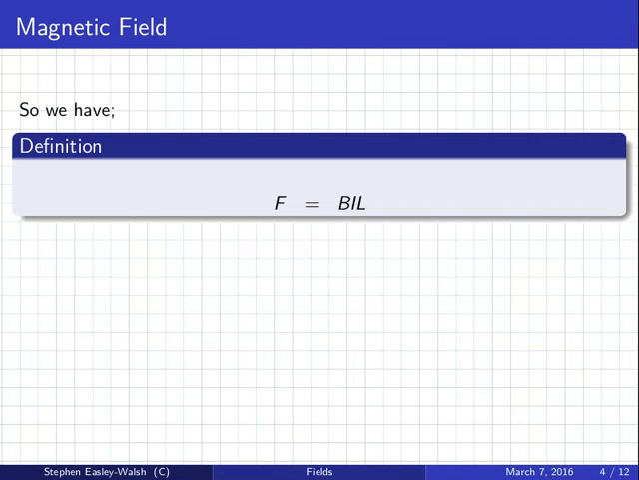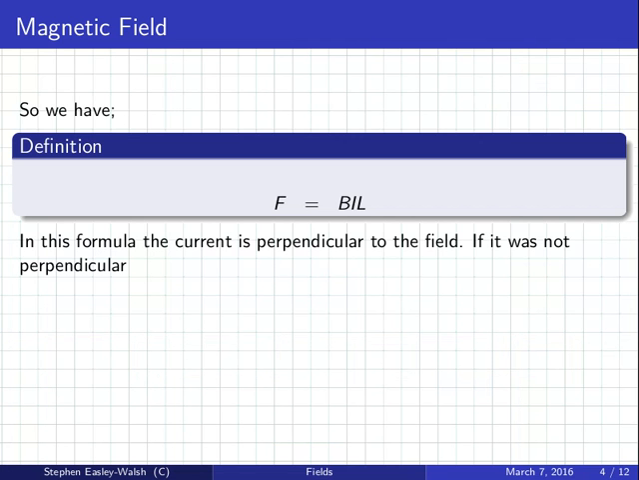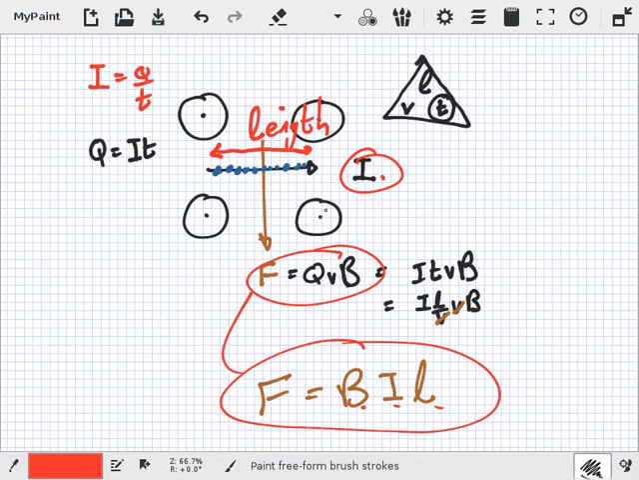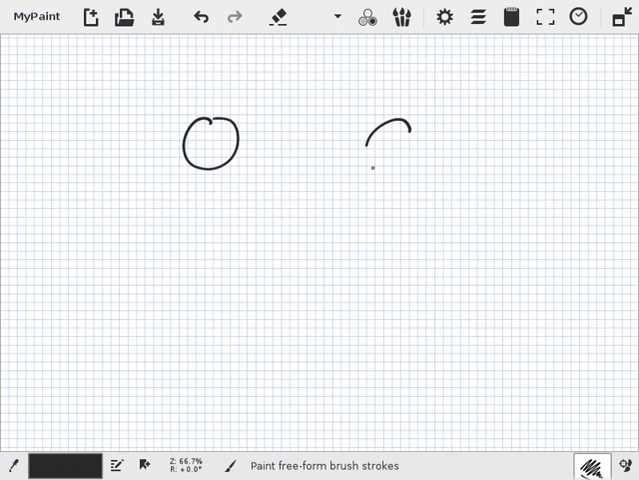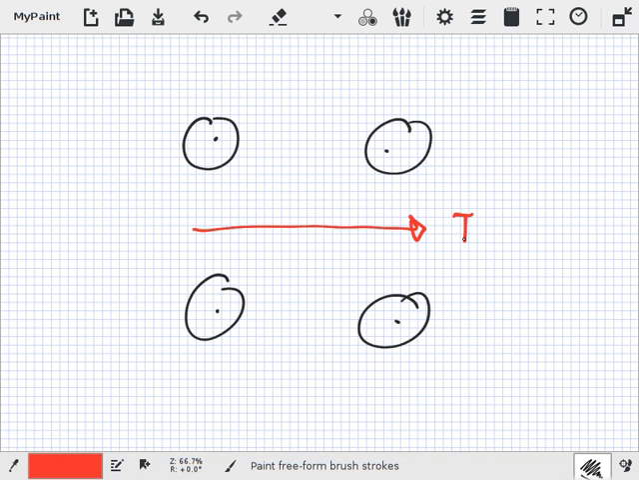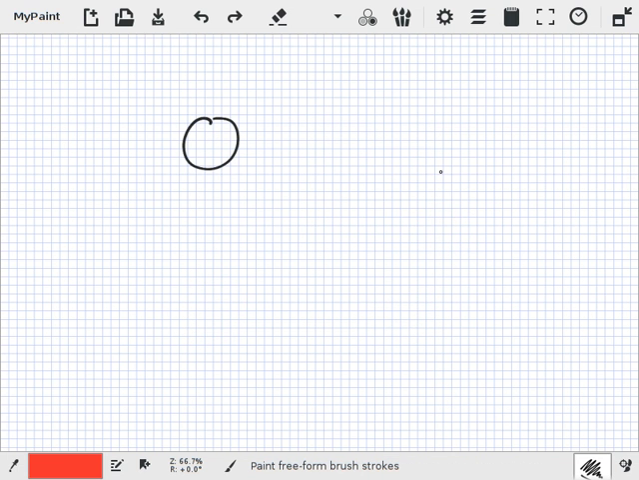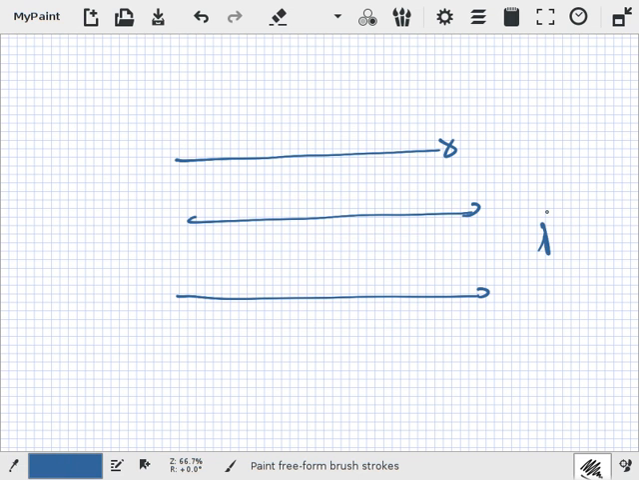So we have the formula built. Nice. In this formula, the current is perpendicular to the field. What if it was not perpendicular, what if it was at an angle? Here's our magnetic field, and here's our current. Maybe I'll draw it from a different picture. I'll turn it around. Let's say I'll draw it like this. There's B,